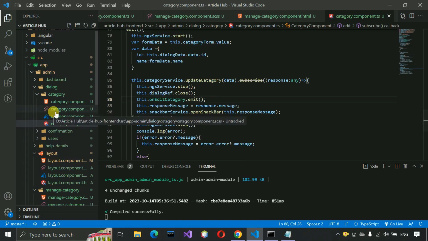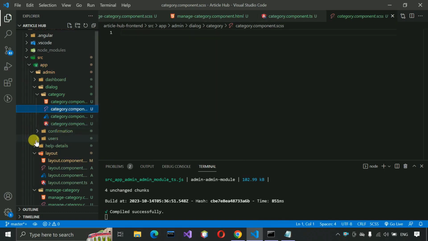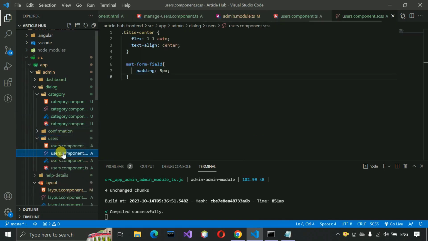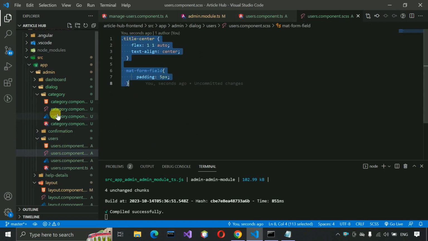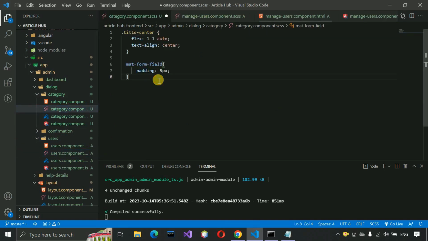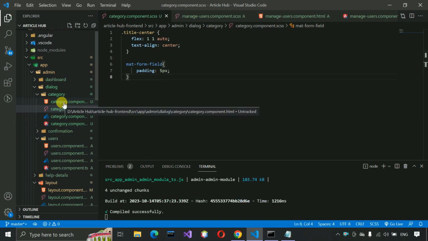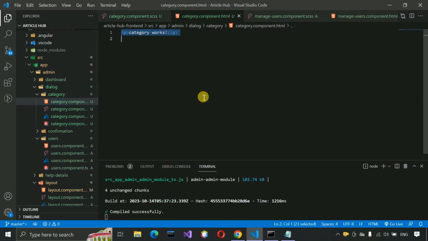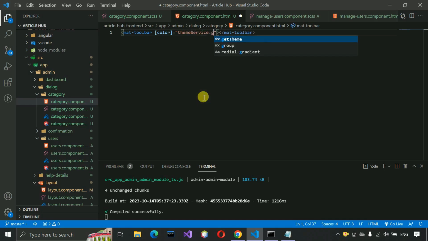Now we have to go to the SCSS file, as this one is blank, so I'm going to paste this CSS at this place and save this. Now we go to the HTML part of category, and here we need to write the code for the form and all. So mat-toolbar, and here we just need to write color and themeService.getTheme,